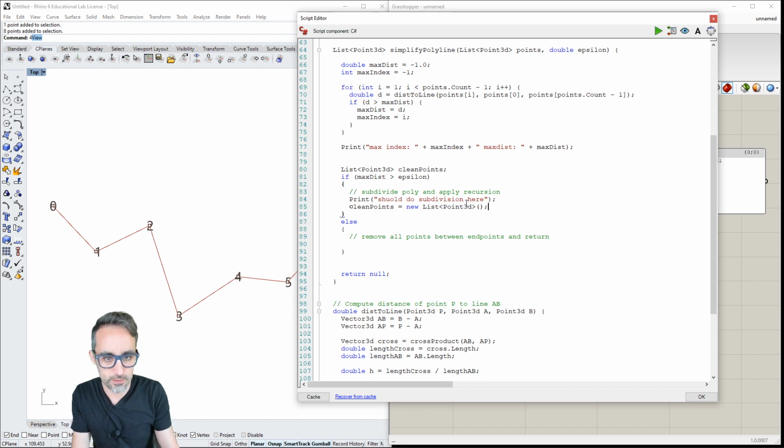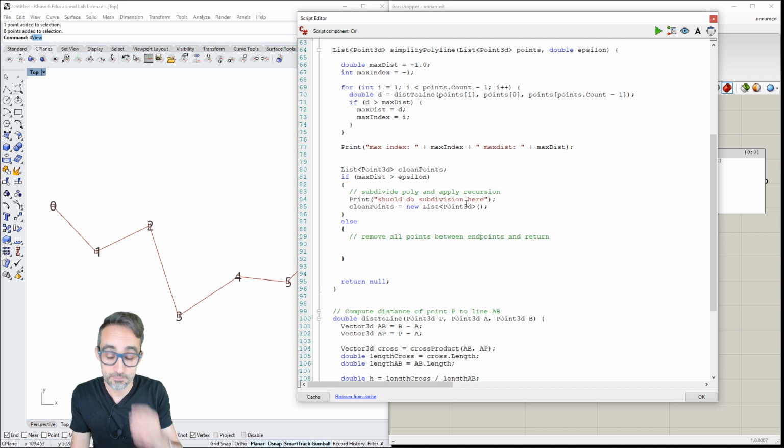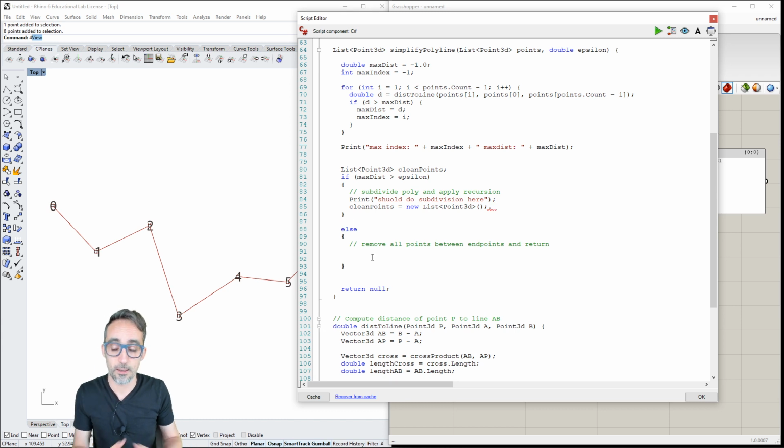And here, for the polyline that I had, I'm going to keep only the first point and the last point, and that is the list of clean points that I need to return.